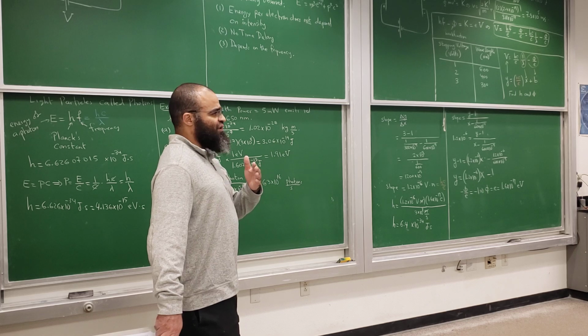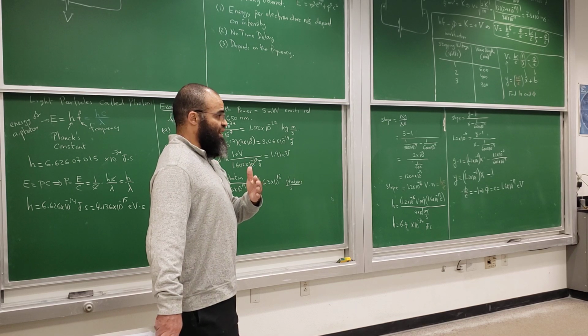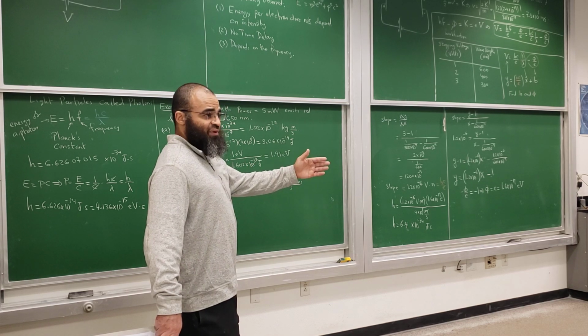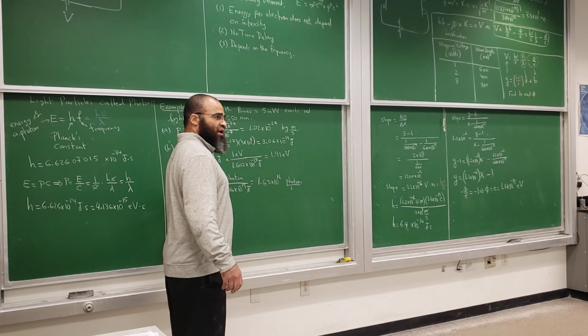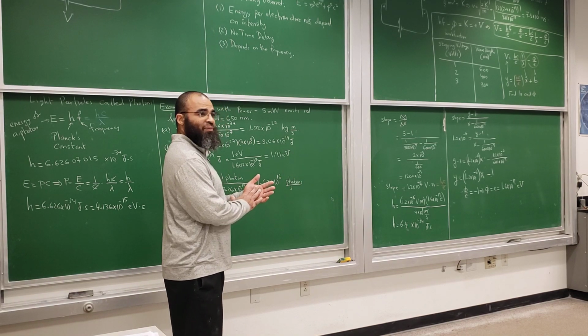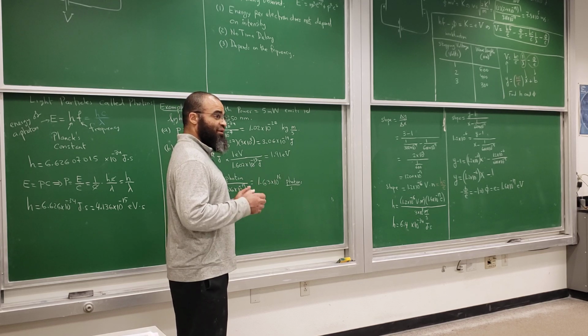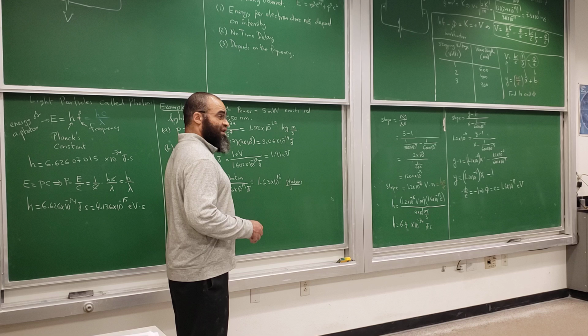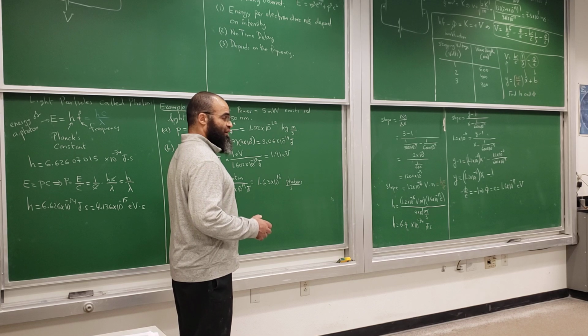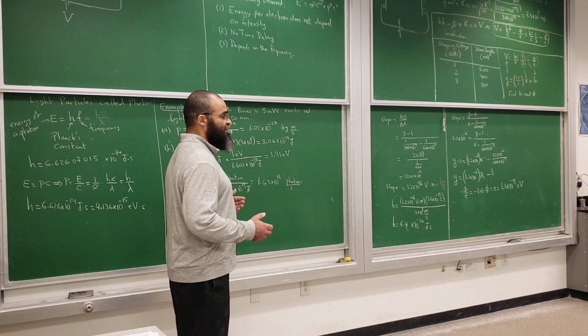So what they did was accelerate electrons to really high speeds in some vacuum tube, and then those electrons strike a wall. When they strike a wall, they come to a stop really quickly. So they hit the brakes really quickly, and that's a very large acceleration. And that acceleration causes the charges to emit